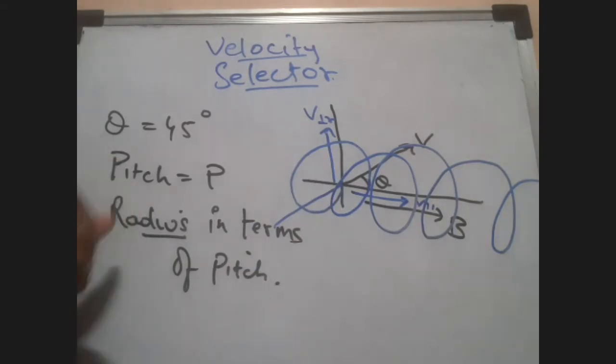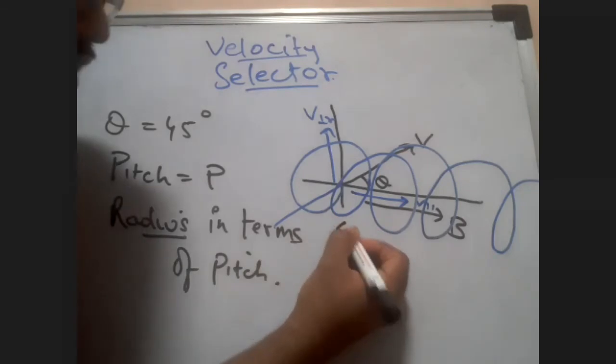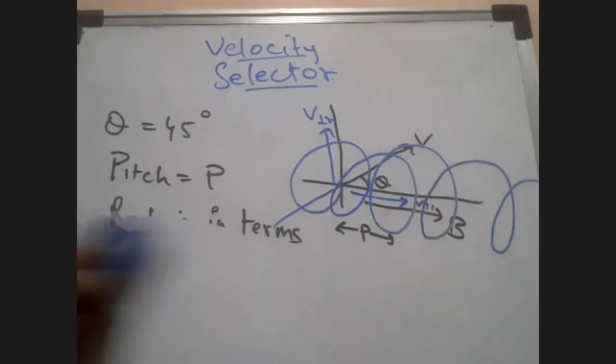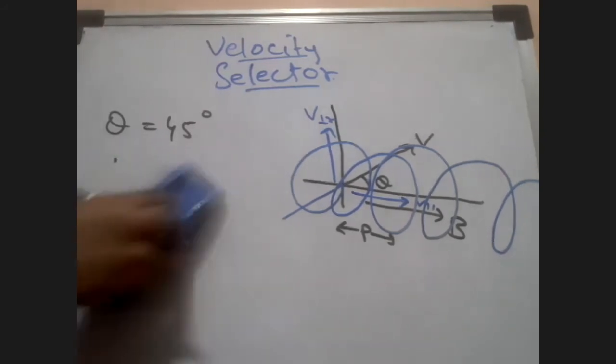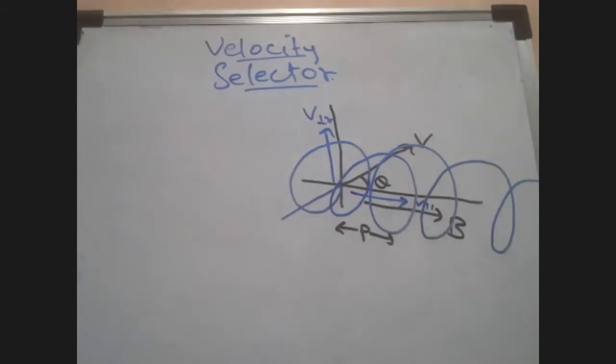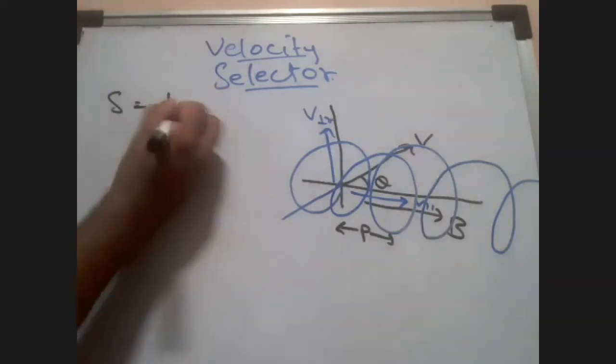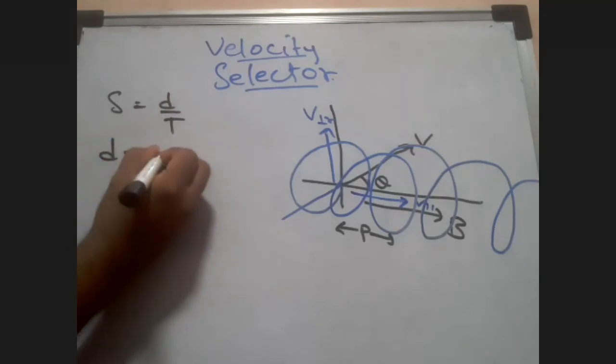Okay, once we know this, very easy to solve it. What is he asking you? He's asking you radius in terms of pitch. For that, what do we have to do? Find out pitch. Pitch he gave in terms of P, so he's trying to tell us to find that also out. So let's find out, students. This is pitch. I don't remember the formula of pitch. Say I don't remember. So what do I know? Speed is equal to distance upon time. So find out what distance is, students. Distance is equal to speed into time.